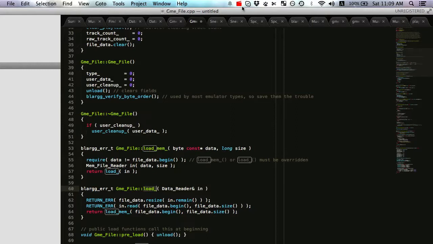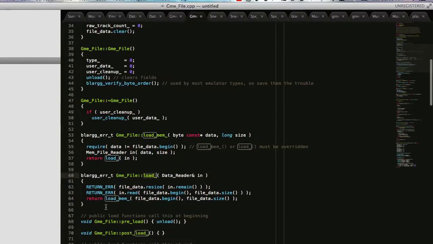Be right back. Let's check that out. It's up here. Load mem or load must be overridden. Okay. That must mean